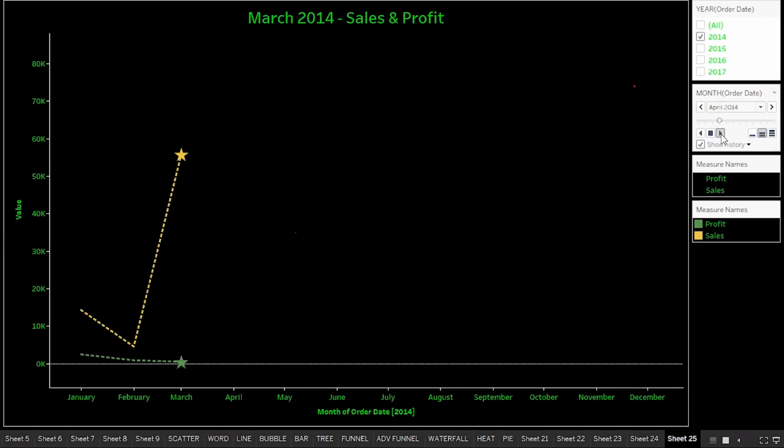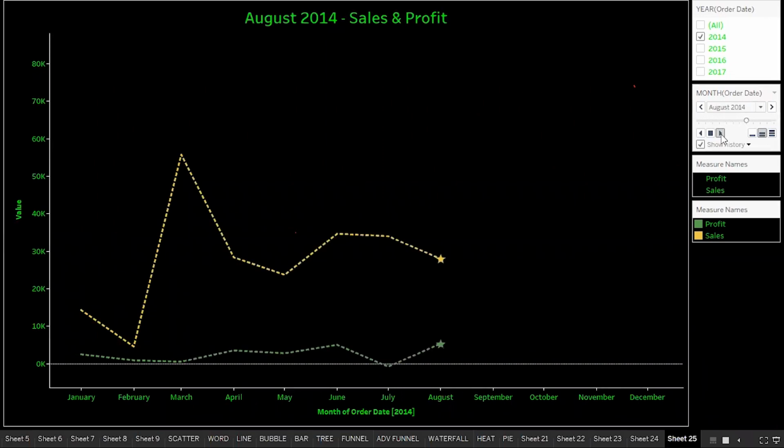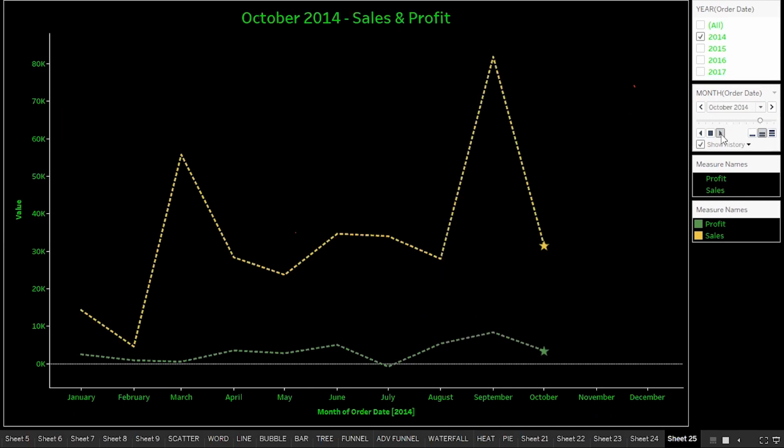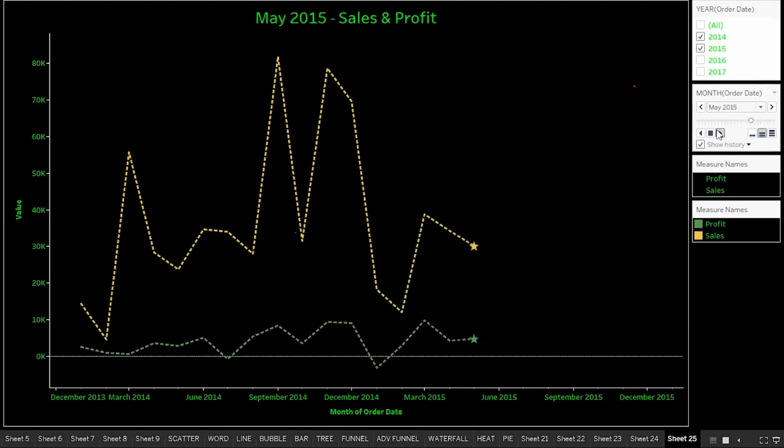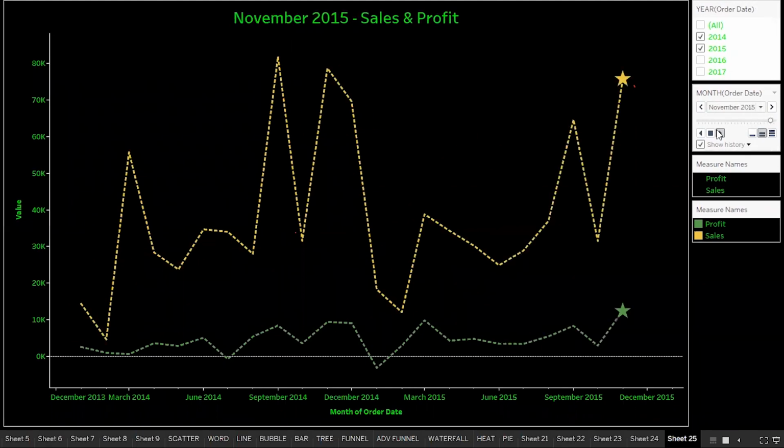So this is a motion visual. You can see how impressive a visual you can create over here. It is giving you the entire state, how the sales and the profit have been. If you want further, you can say 2015 also, and it will keep on moving for the next year as well. So in 2015, we have seen the dip in the sales. It has gone down. There are losses. Right. So these are known as motion visuals.